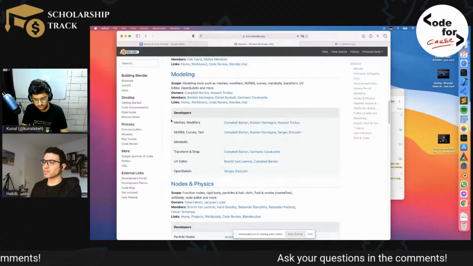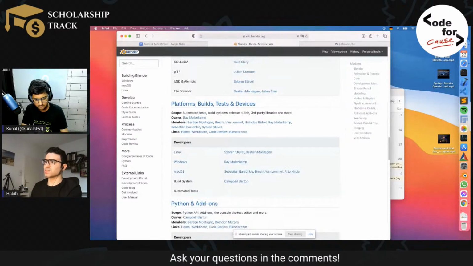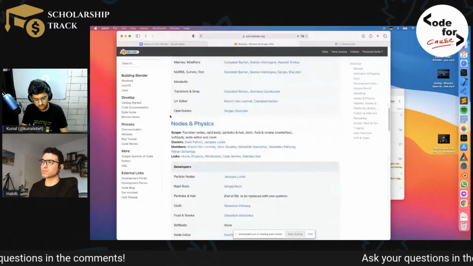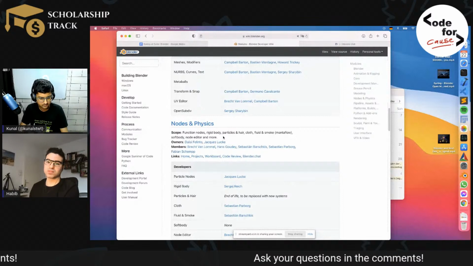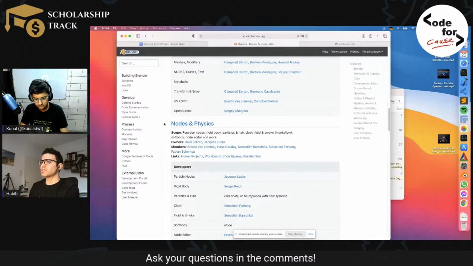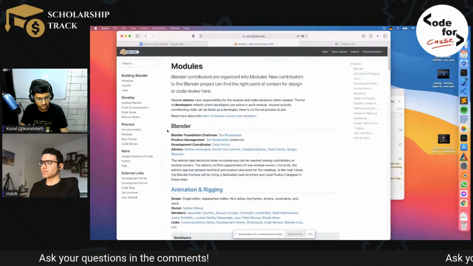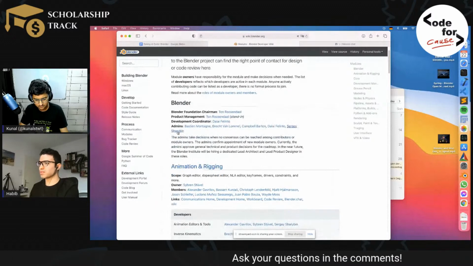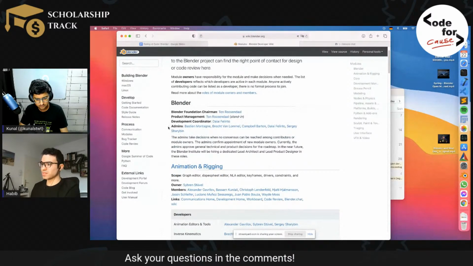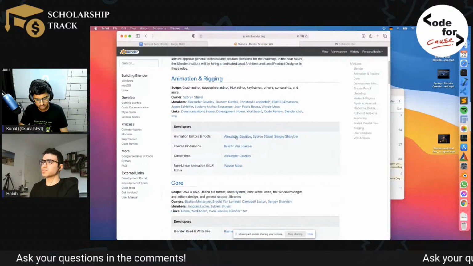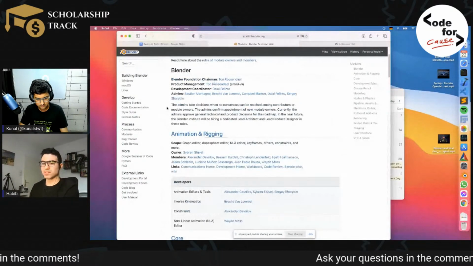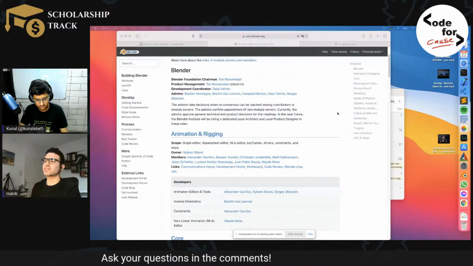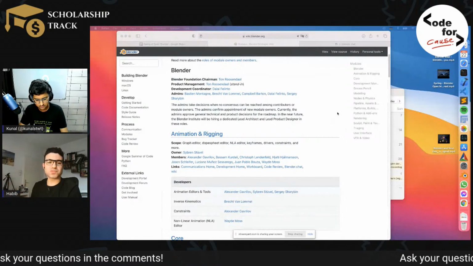Other modules include modeling. An interesting one is the builds and tests. This is also very relevant for developers, but also nodes and physics. This is what users see directly. As a developer, you can see there are a lot of names inside. Some are development coordinators, product managers, admins, and some developers involved. A lot of names. So this should give you already a good idea what there is in Blender and what people to talk to about a feature.